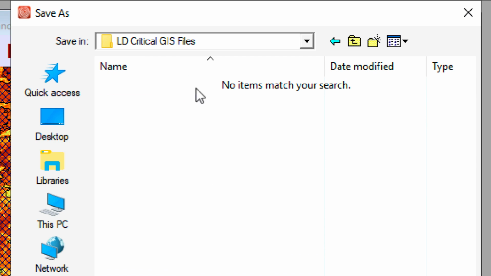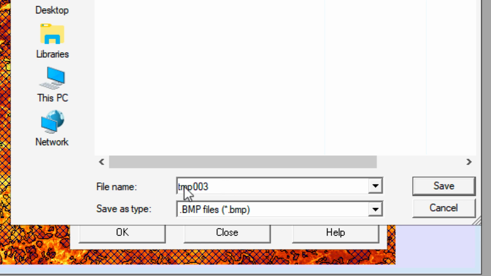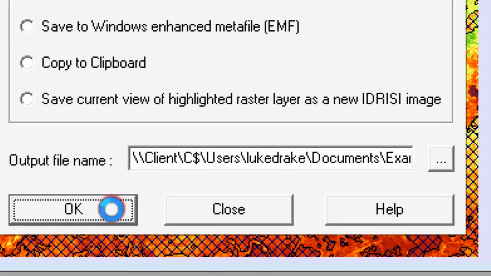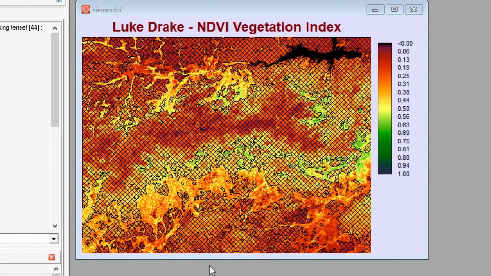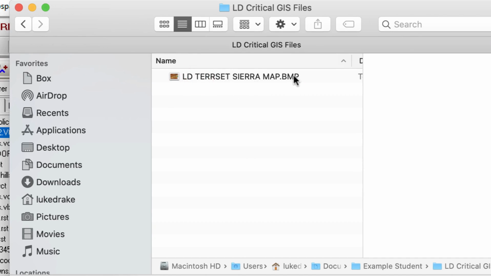All right, so we're going to just open up and go into that folder where you want to save your file, and then go down here to file name, and it's got this temporary name that is put, and you just want to save it with your own name. What I suggest is type in your initials and then TerrSet Sierra map and click save, and then click OK again, and it's going to save. And if you then open up your documents folder, you will find the BMP file here, and you could even open it, and we can see